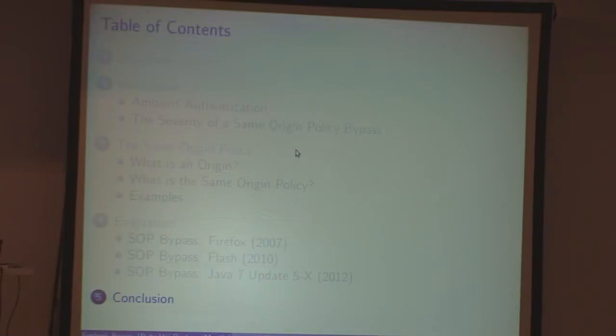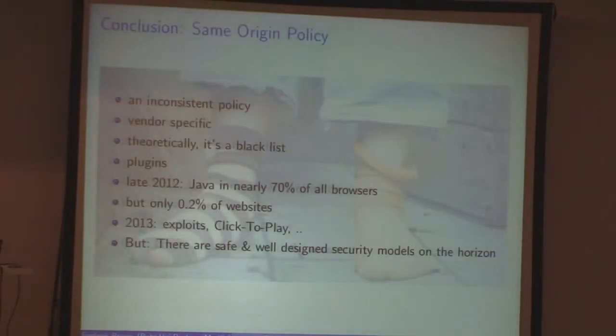So now we'll come to a conclusion. The same origin policy is highly inconsistent. It's very vendor-specific, as I said before, and theoretically speaking, it's just a blacklist of access control mechanisms thrown on top of this object capability world. And then there's plugins. Whatever browser you're using, and if you're saying, okay, I'm just using one browser, so I don't care about the inconsistencies, you always have some plugins in there, right? I mean, at least you've got to have Flash for YouTube. And you already have two different implementations of the same origin policy, which might disagree with each other,